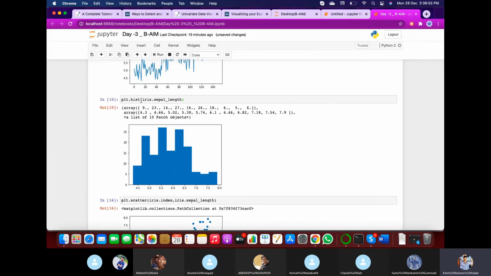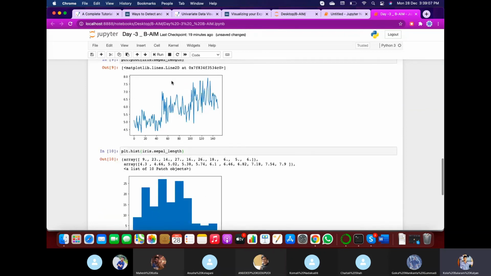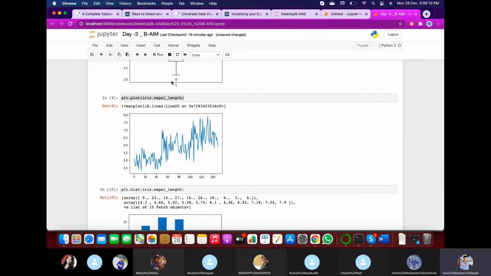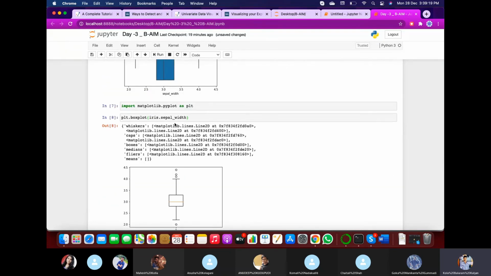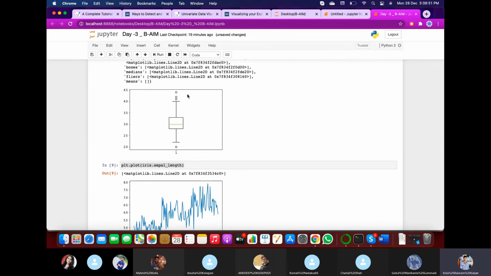Coming to the histogram also, taking two variables cannot be a bivariate, since a histogram is not mostly suitable for bivariate. But if we take two variables on the line graph, like x equal to sepal length and y equal to sepal width, it can be a bivariate analysis for a line chart. A box plot can be termed as a side by side box plot, where various box plots will be plotted for each individual variable. If we draw a box plot for sepal width here, the other box plot for sepal length can also be drawn.